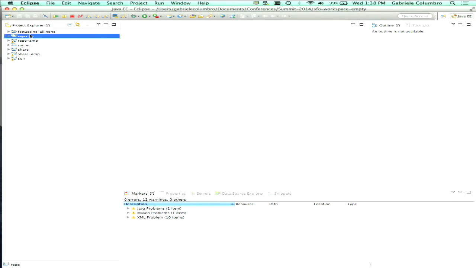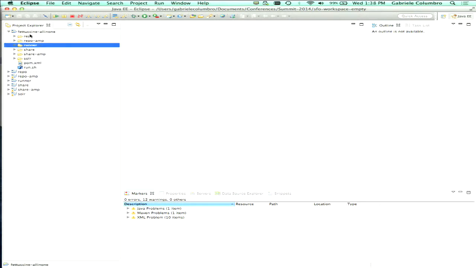The good thing is that the all-in-one allows you to run everything embedded without any external prerequisites. No Tomcat, no database. It's all in your IDE. And what I want to show you first is, in fact,